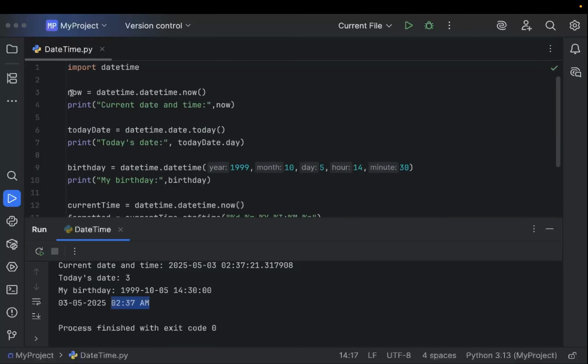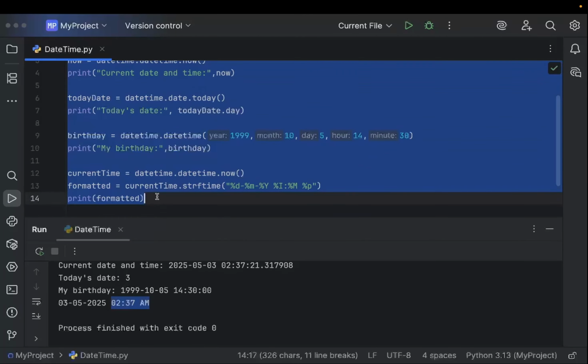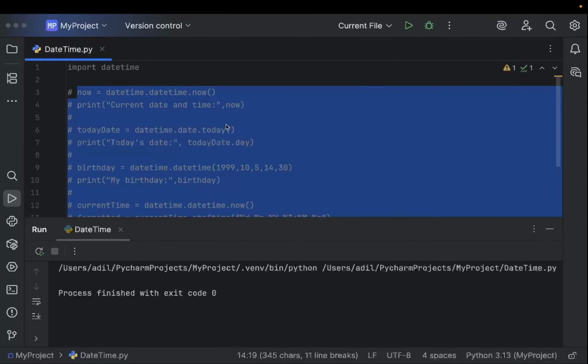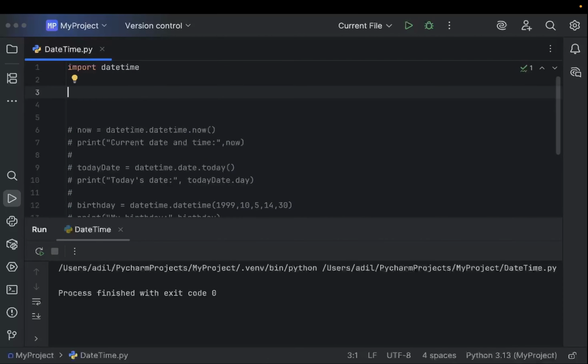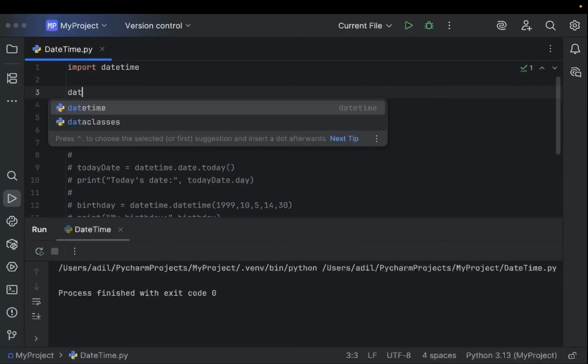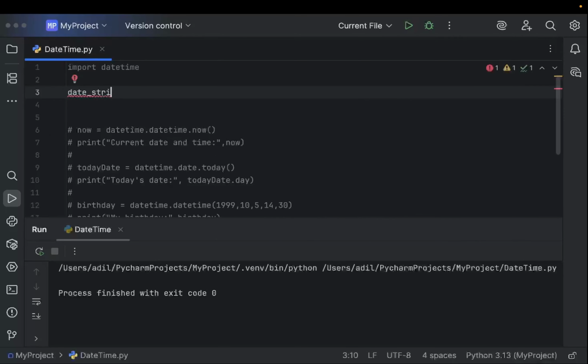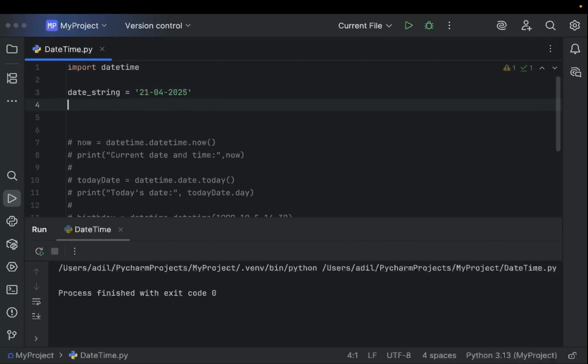Now let me comment out this code, run the code. You'll see the output is empty, and let me show you some more things. So let's say we have a date string. It is not a date but a string, means a date in a string. So it is 21-04-2025. Okay, so it is a date, but in programming it is considered as a string,